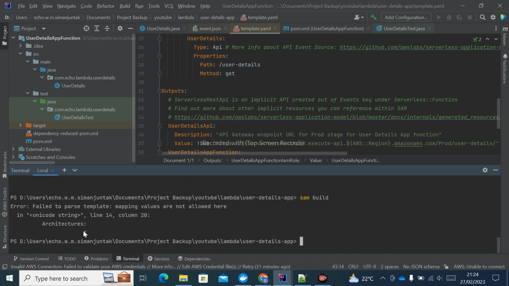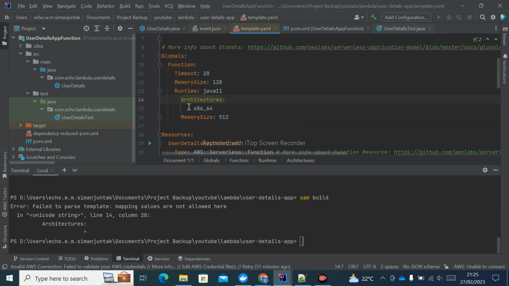Oops, we have an error here in our template.yaml file. I will fix it and I will get back to you. So the architecture element right here must be in the same position as runtime under the function element. So I will remove the space